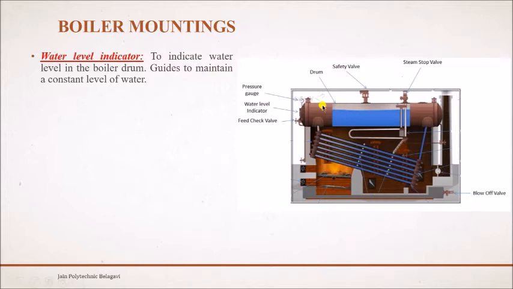On the right side you can see what we call the boiler drum, and this blue color is the water. When heat is supplied to the water, it starts getting converted into steam. The water level starts dropping and the steam level starts increasing, that is, steam starts generating. The water level indicator helps us identify whether the water in the drum has gone below the level, just to check whether there is a sufficient amount of water in the drum.